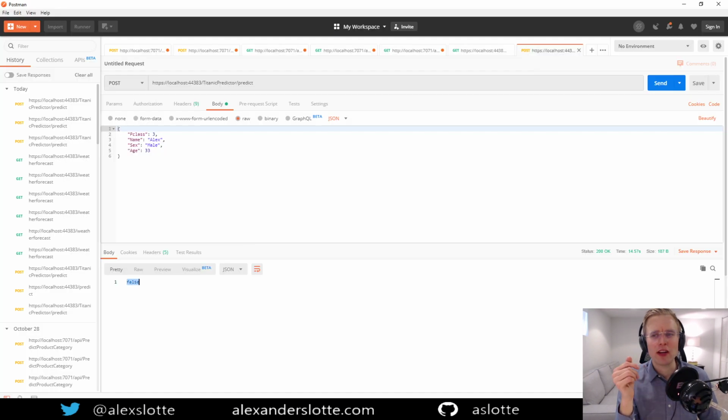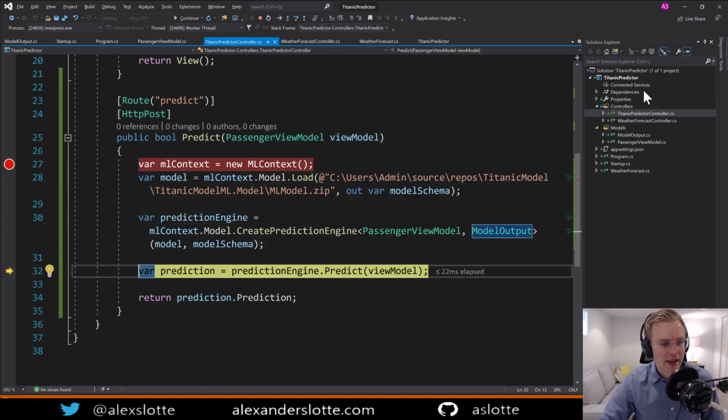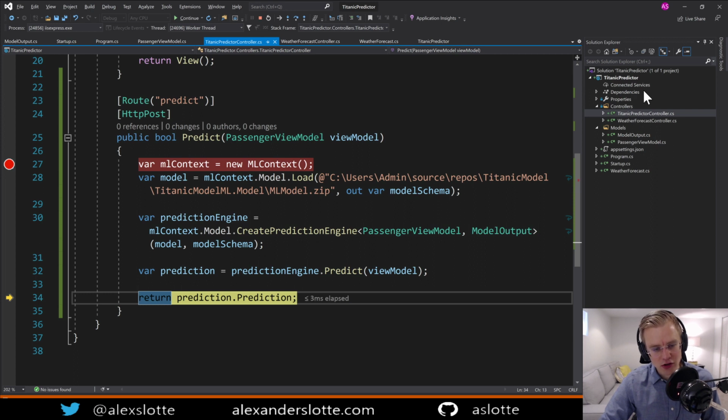But let's try it again just to show something. Some issues we have right here is that it takes a bit to load a model, and the larger it is, the longer it takes, and it's going to eat up memory and performance. It's also an issue in a web app because it's not thread safe. So the ML context, the